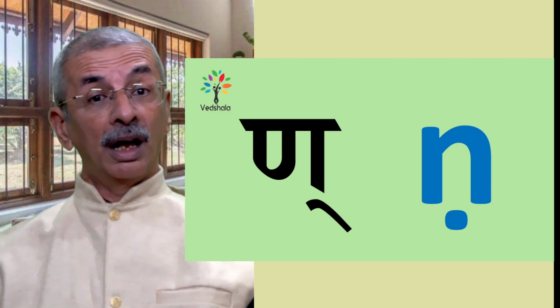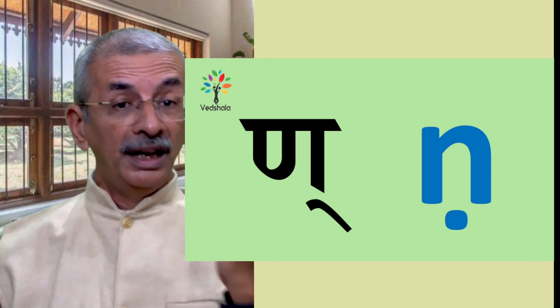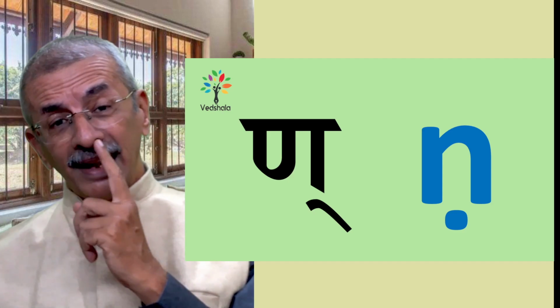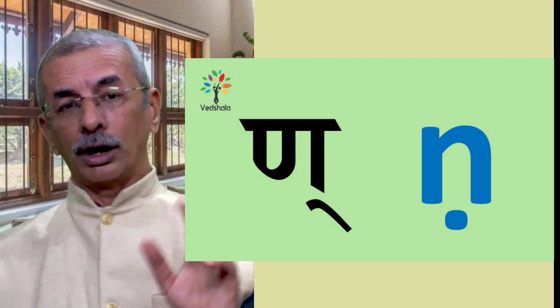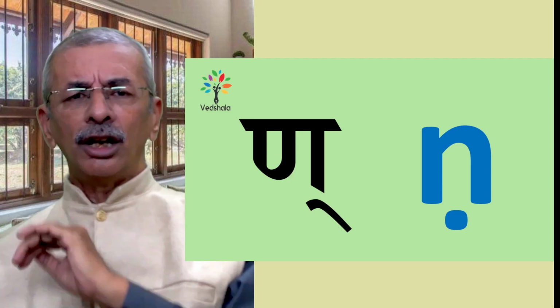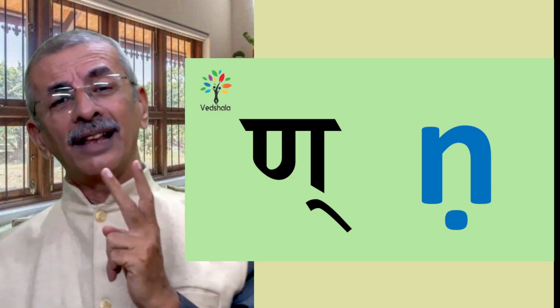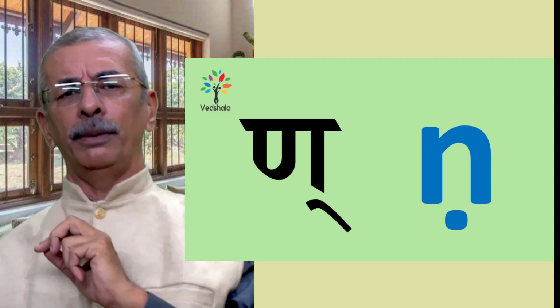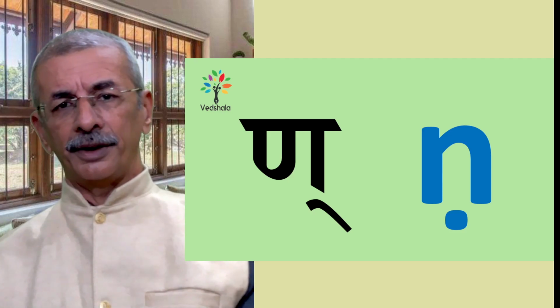Na. It is not na. It is na. Nasal sound. If you can observe, it has a nasal sound. So N and a dot. This later on can become an alphabet. So early two Anunasikas cannot become an alphabet, but this can become a complete alphabet. We will see that later.